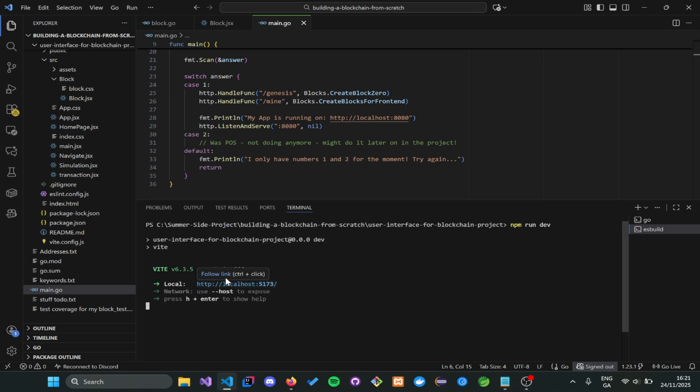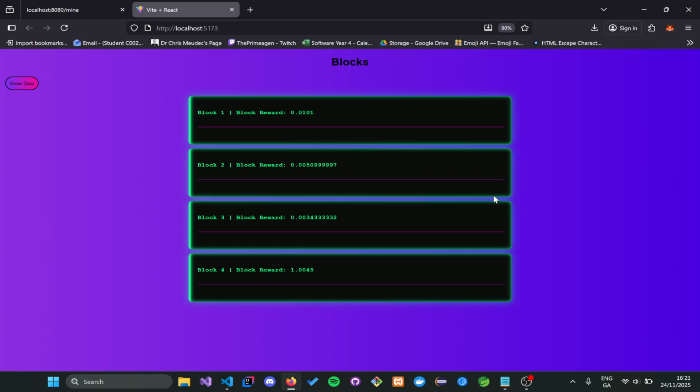Now this is going to, I'll show you the code for this in a second. So as we can see, we have 4 blocks. The first block here is the Genesis block, and then these are the n other blocks. Now, as you can see, we said we wanted to make 30 blocks, but my blockchain system